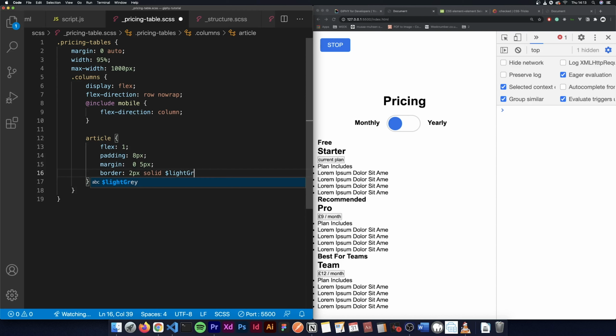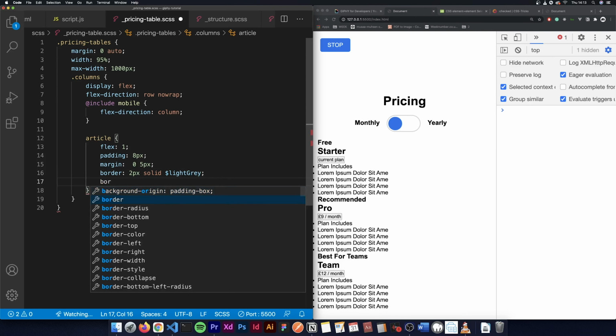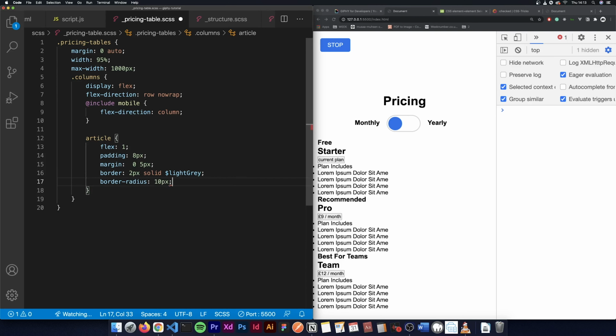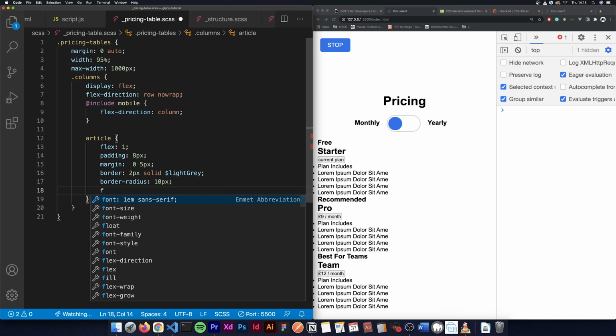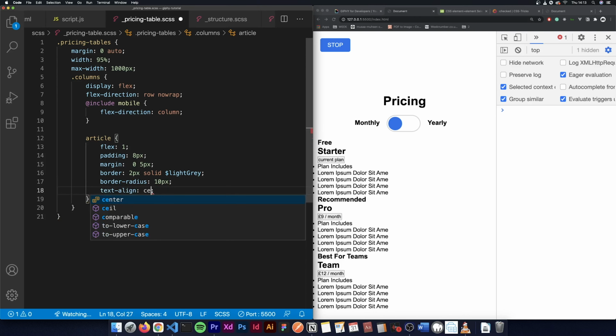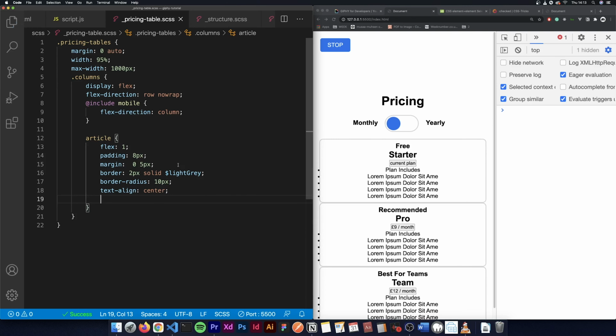Light grey. Then we want border radius, pixels. Then we want